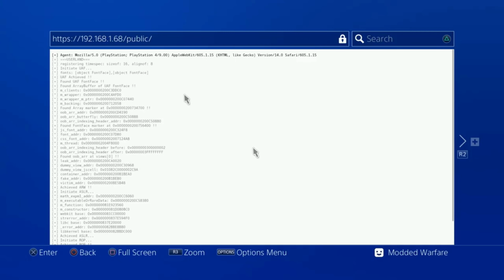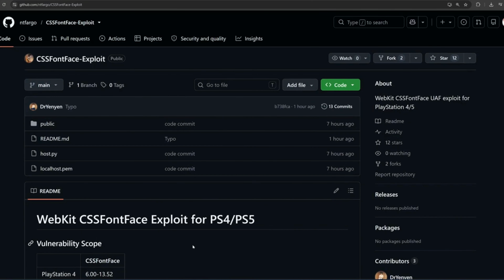But so after many years now, we finally have a new WebKit exploit for the PS4, which should also work on the PS5 if we can get some way to defeat ASLR on PS5 as well. So again, just a quick update there, a new WebKit